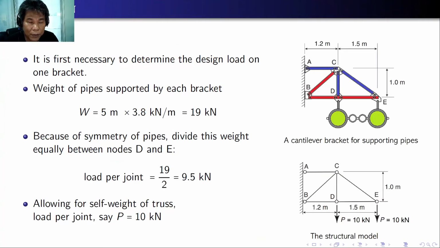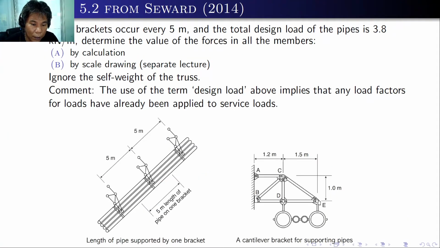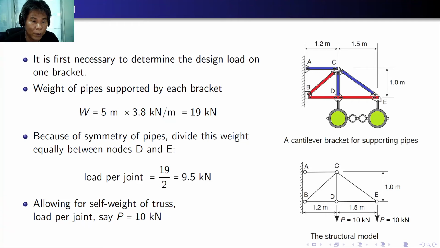So here it is first necessary to determine the design load on one bracket. Since the brackets are there for every 5 meter length of the pipe, there is one bracket, so the tributary width is 5 meters. So the weight of pipes supported by each bracket should be 5 meters times 3.8 kilonewton per meter, that is 19 kilonewton. Because of symmetry of the pipes, we can divide this weight equally between nodes D and E. Therefore, the load per joint is 19 over 2, or 9.5 kilonewton. If we allow for a self-weight of the truss, then we can say that the load per joint P is